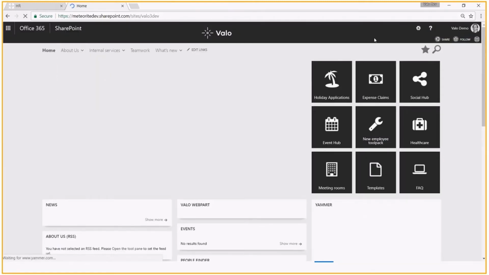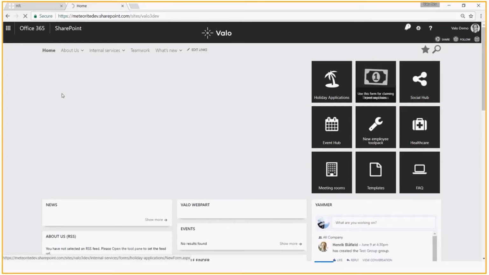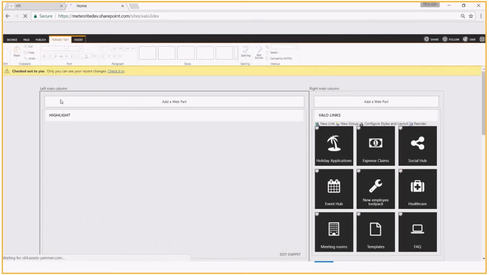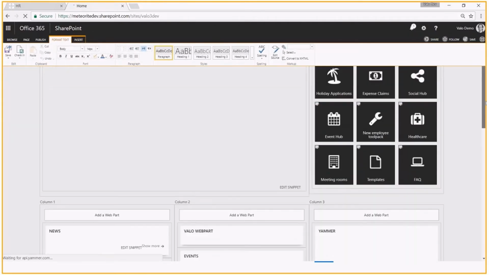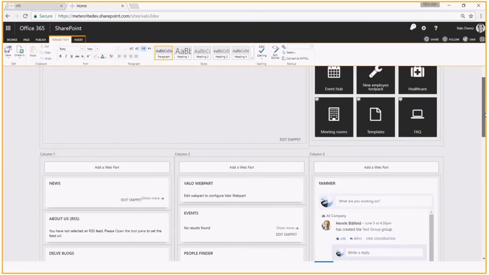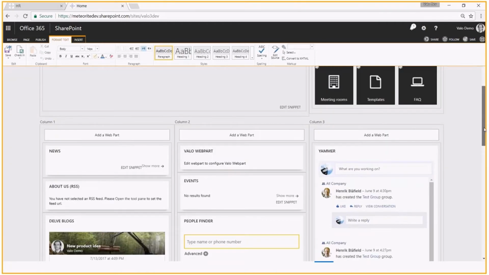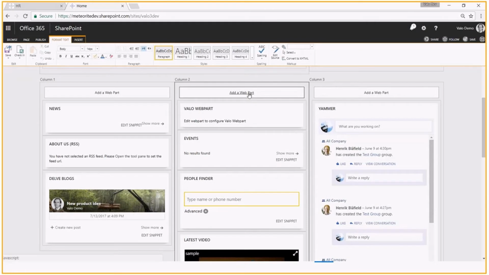So here I am in the dev environment. So if I just go to edit the page, what's interesting here about these web parts and why we have published them, why we're talking about beta phase at this moment, is that you have to manually enable these web parts to all of the sub-sites where you want to use it, and that's a pity, but there's nothing we can do about that because that is something that Microsoft needs to enable. Okay, anyway, so now I have done that enabling already, meaning I went to site contents and